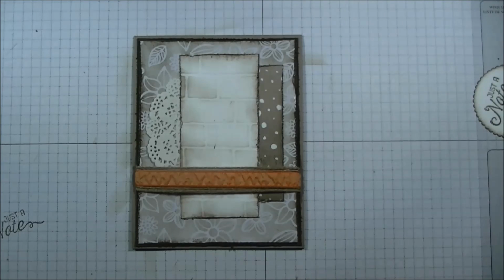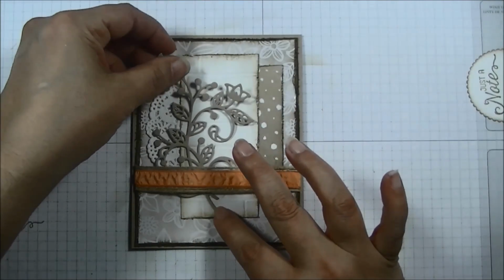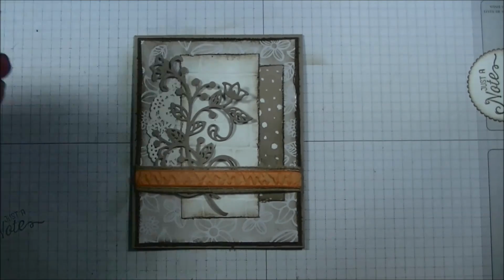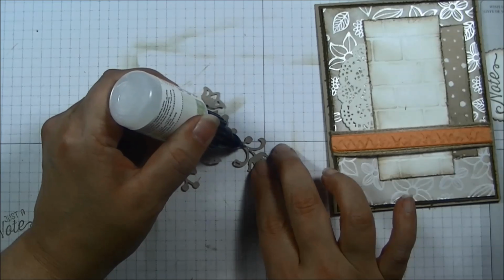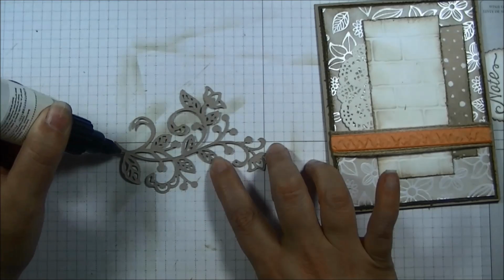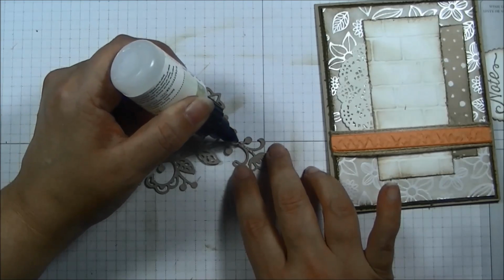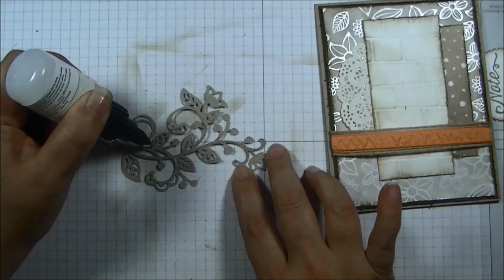So the next thing that we want to do is to grab this little flourish, and we're gonna tuck it in behind my ribbon here. And for that, I'm gonna use my fine tip glue pen. Always squeeze out a little bit to make sure I get the air out. I'm gonna turn this around, and I'm gonna kind of go down the stem. So I'll go down the entire stem here, okay? And then maybe a little bit, because I don't want it to be completely glued down. I want it to have some dimension. So I'm just applying a little bit of glue going out from the stem, just a little bit,